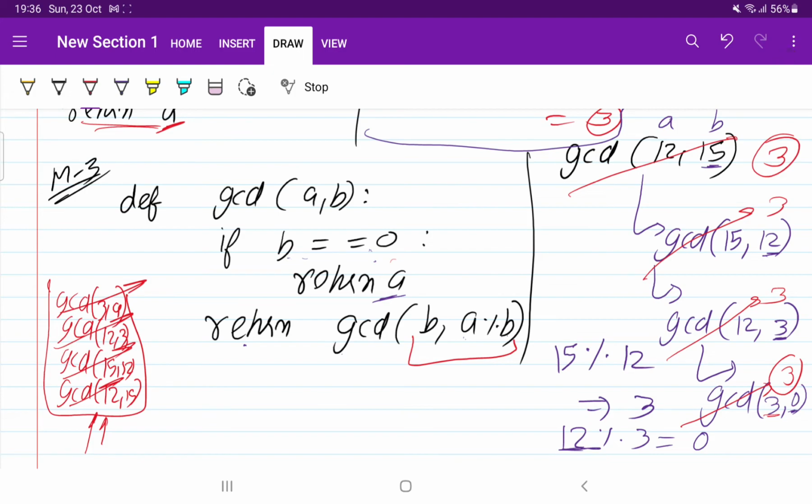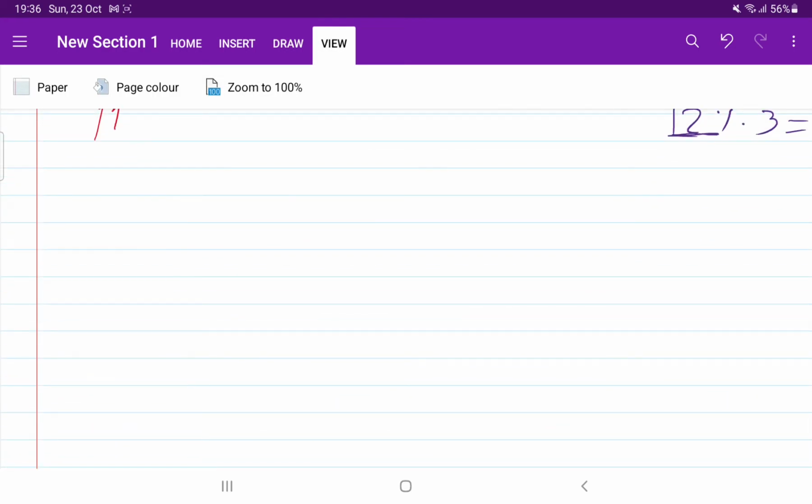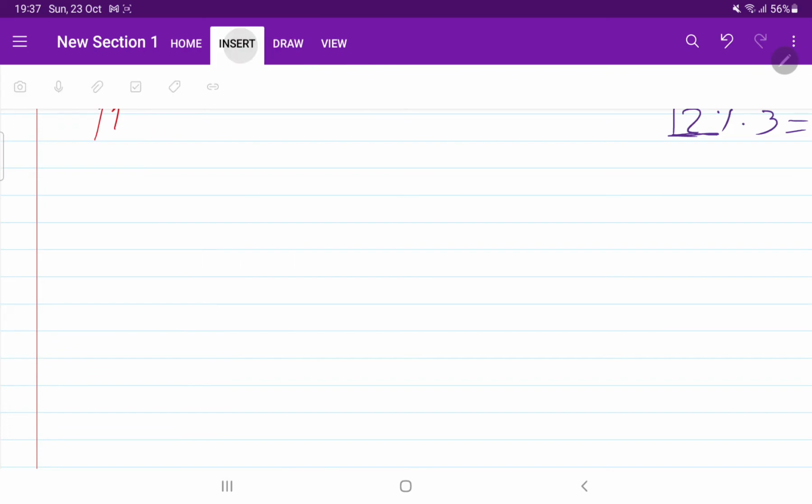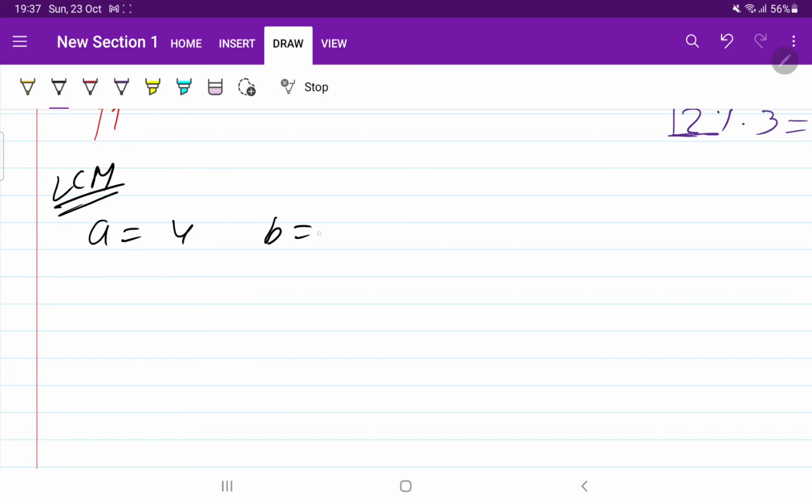Right. Now let us move to the next question. It will be a bit easier for you if you use your brain properly. So now we have found the HCF. If I ask you how to find the LCM, suppose in the input you are given A and B equal to 6. So in the output, what do you need to do?